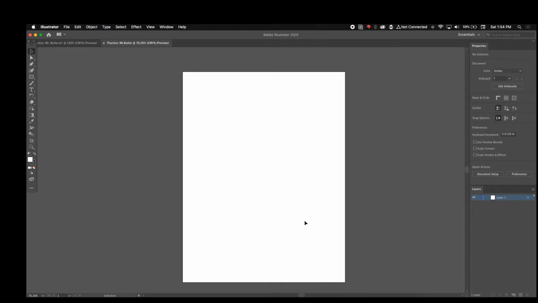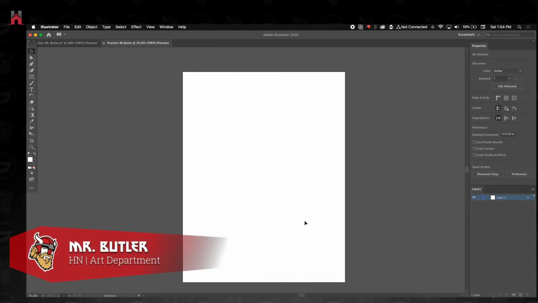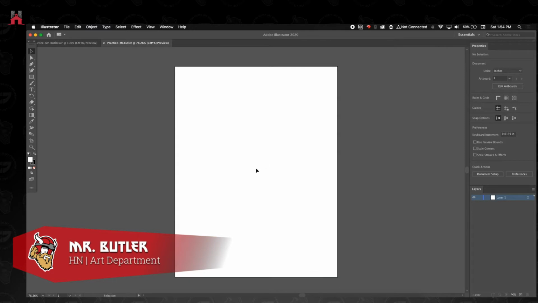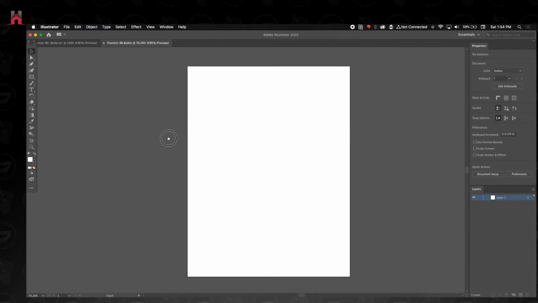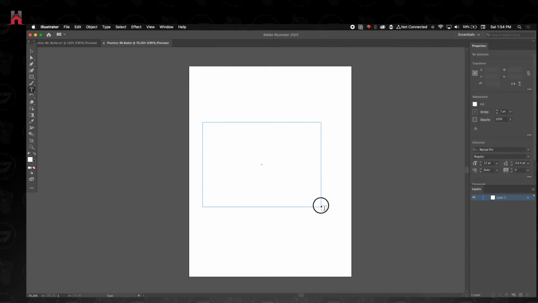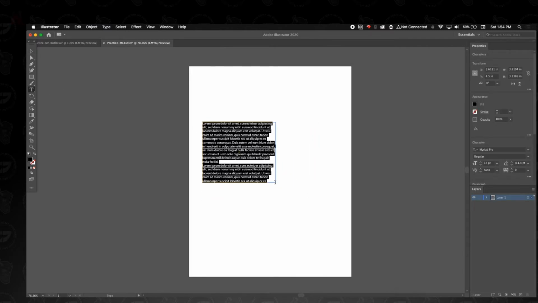We're going to look at how to use a mask in Illustrator. This is a good way to kind of cover up things that you want to protect and hide the things that you don't want. So there are different reasons why you would do this. I'm just going to try to throw a few things together just so you can see what the effect is